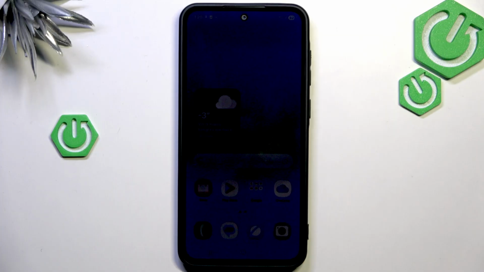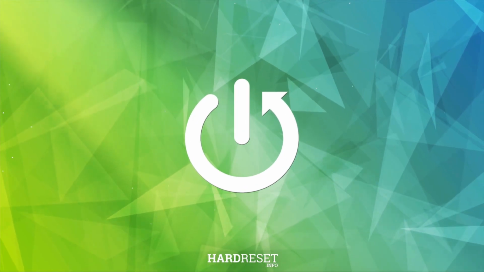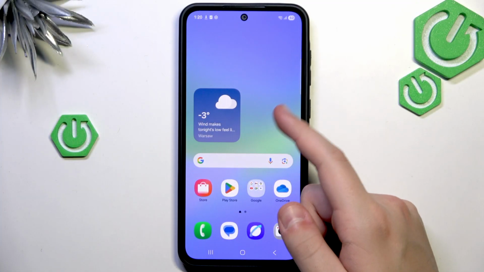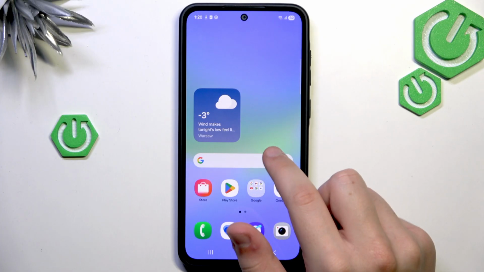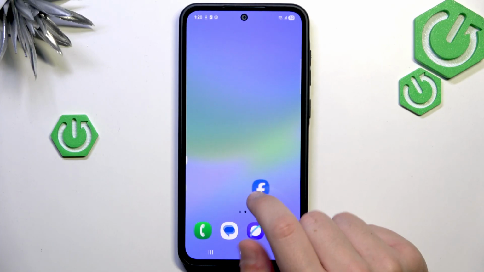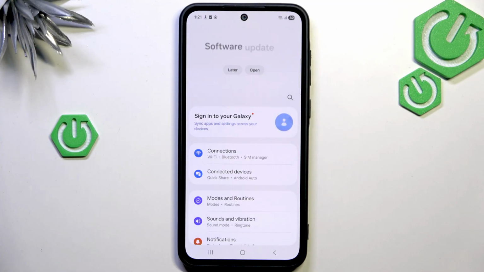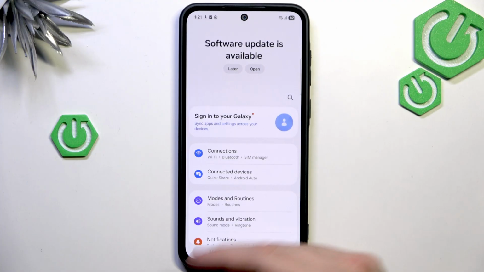In today's video I'll show you how to fix screen flickering on your Samsung Galaxy A36. So if you see a little bit of the flickers here, it's not because it is flickering, but because of the camera. So first, what you guys want to do is, if your screen is flickering, then go over